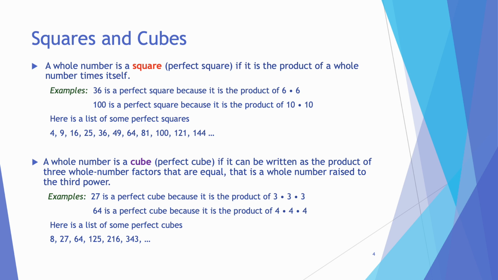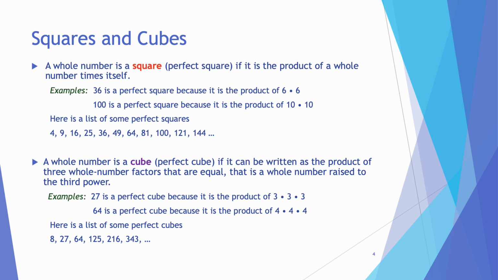A whole number is a cube, or a perfect cube, if it can be written as the product of 3 whole number factors that are equal. That is a whole number raised to the 3rd power. For example, 27 is a perfect cube because it is the product of 3 times 3 times 3, or 3 raised to the 3rd power. 64 is a perfect cube because it is the product of 4 times 4 times 4, or 4 raised to